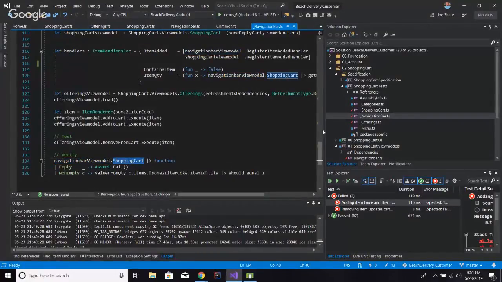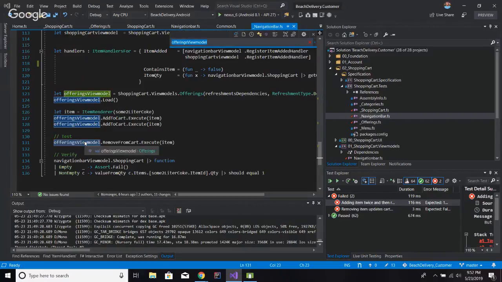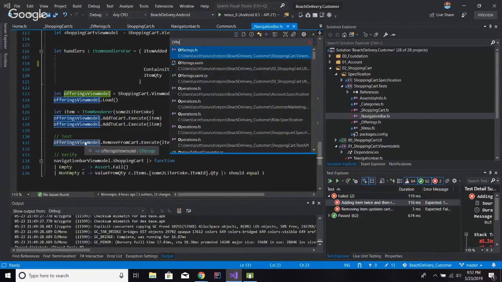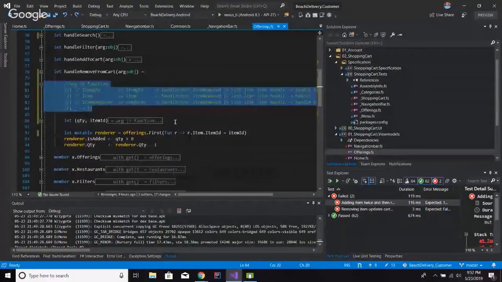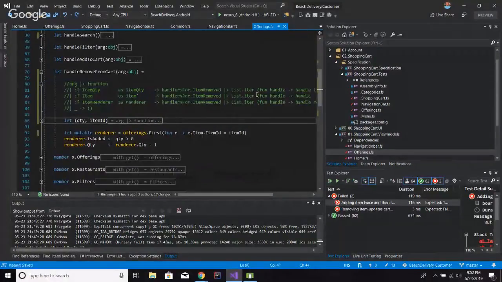Okay, so I want to make this thing pass, and the focus is on removing an item from the cart. So how do I accomplish this? Well, first we could go to offerings view model, and what was that right there? Okay, offerings view model is this right here,